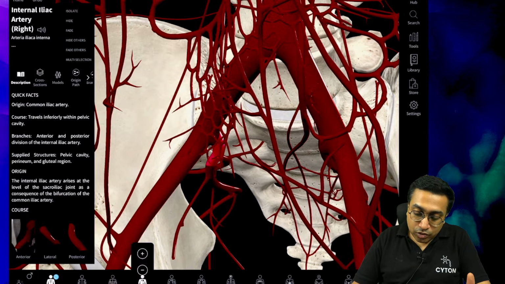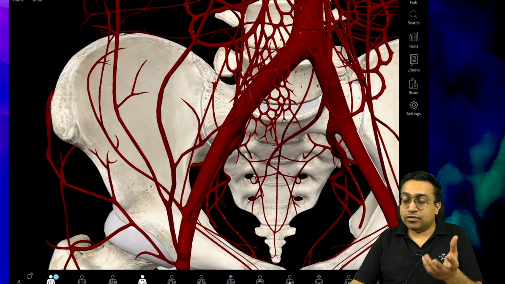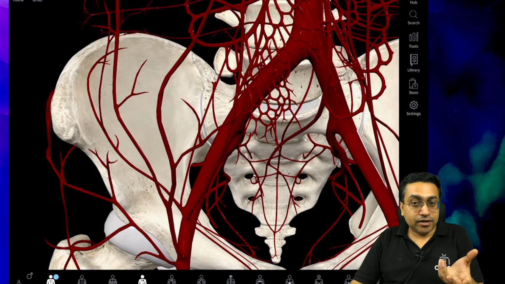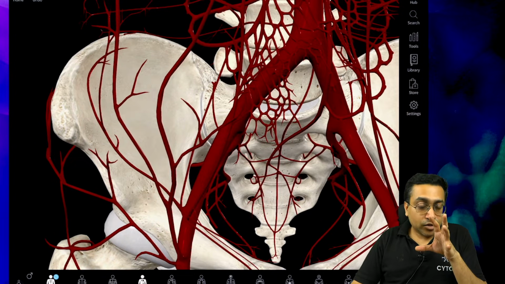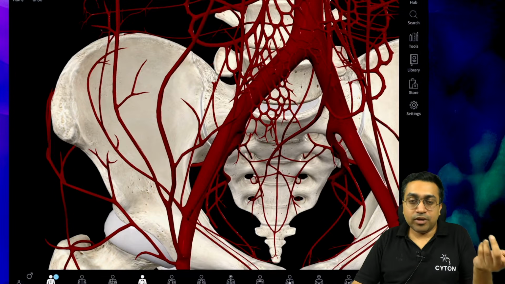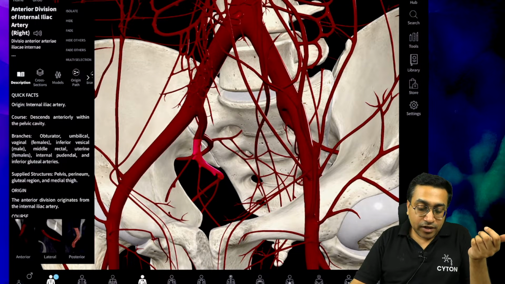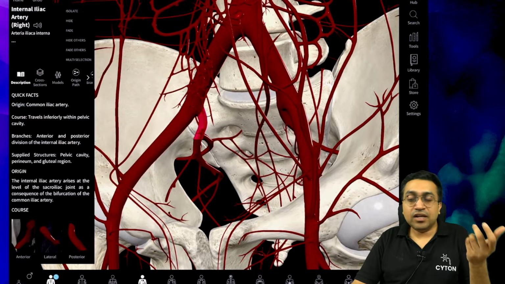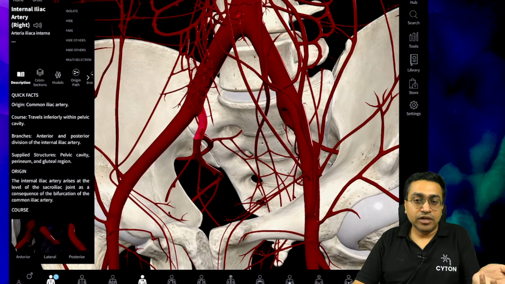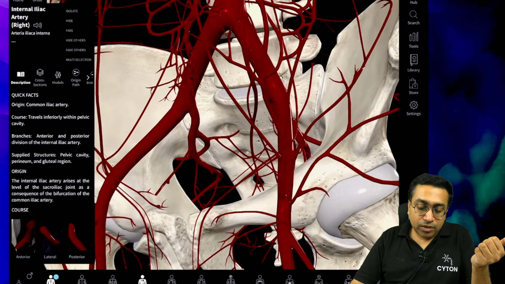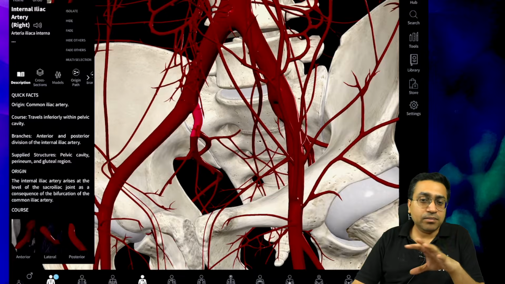Now you can see very carefully this pelvis region. There are many viscera in the pelvis also, right? The bladder, the uterus, there are so many things in the pelvis region, which we will discuss in abdomen and pelvis separately. This one is the internal iliac artery, which further divides into anterior and posterior division. There are further branches of it, we will discuss that. But right now remember only this fact, that the main pipeline is the internal iliac, which is supplying the major viscera in the pelvis.